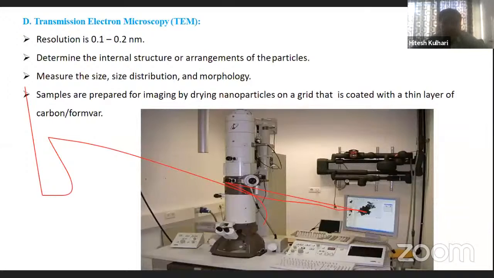So next is the transmission electron microscope. In the transmission electron microscope,